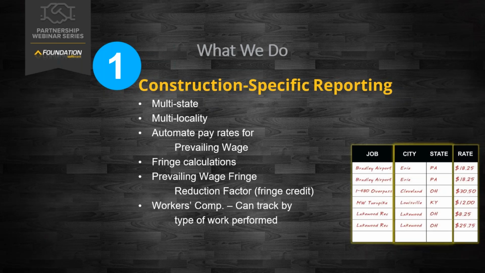if those that are working on prevailing wage jobs, you're maybe already offering your employees some benefits, 401k, health insurance, where we are able to set up what we call prevailing wage fringe reduction factor, a fringe credit. So instead of, hey, this job's contract is requiring me to pay my employees $12 an hour in benefits, but maybe we're already offering them $7 an hour in benefits per my example here, we can have that fringe set up to be broken out, reduced down by the $5 difference. So you're not then double stacking and overpaying when it comes to the fringe information, since we are already providing benefits to our employees here.